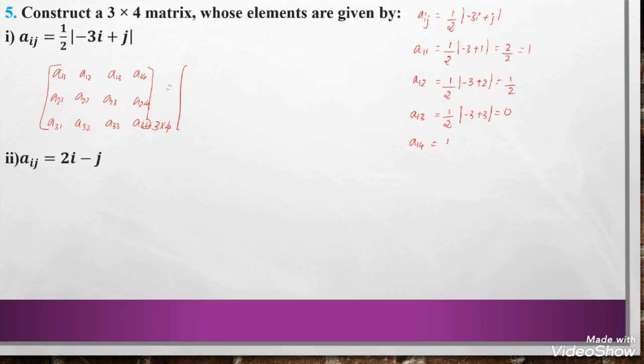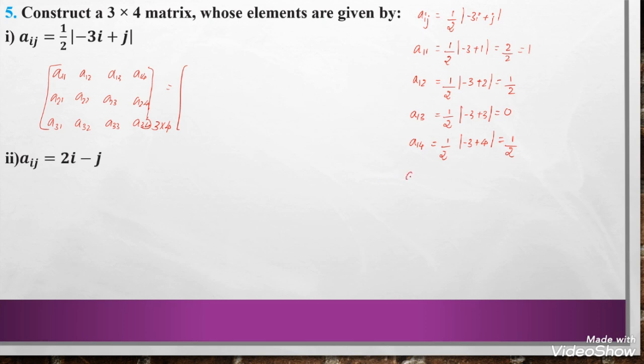A14: 1 by 2, minus 3 plus 4. 4 minus 3 becomes 1. 1 into 1 by 2 becomes 1 by 2. Okay. These are the elements of the first row. Next, we have to calculate the